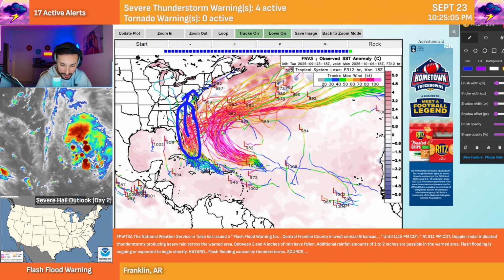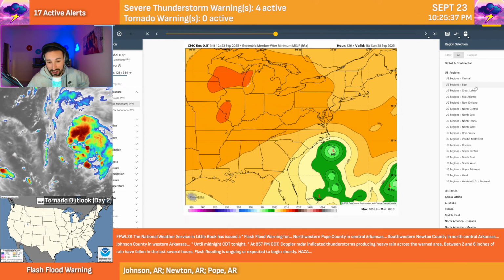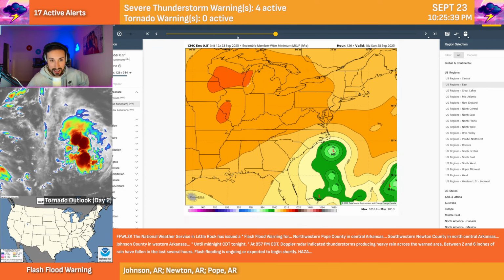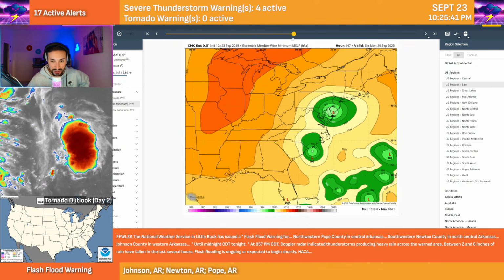I don't care about our Canadian ensemble that much. I mean, our Canadian ensemble has quite the interesting look as well. It potentially has 3 different members moving in, one up here to the coast, one here into the coast, one into Florida. So again, we have all of our ensembles throwing things into the States here. And then look at our Canadian. Our Canadian agrees with the GFS as well as we get into October. Tons of